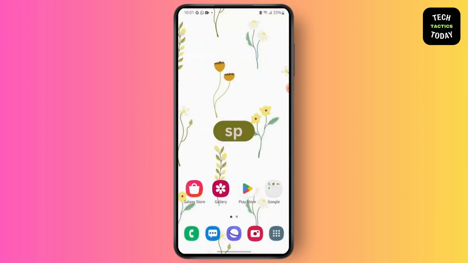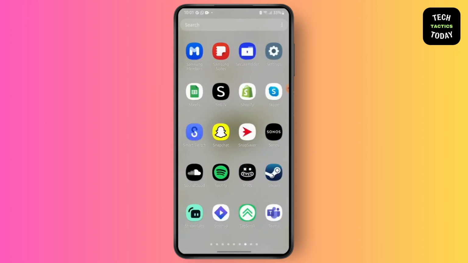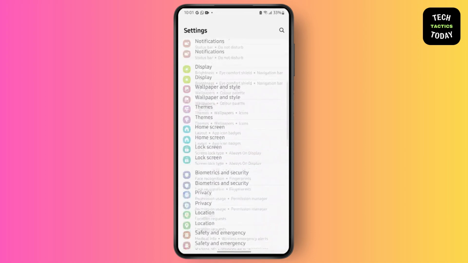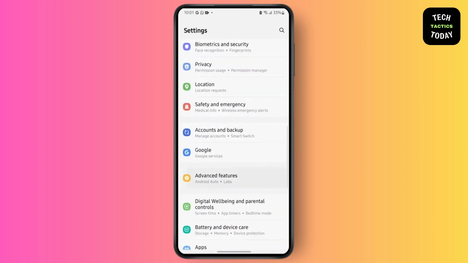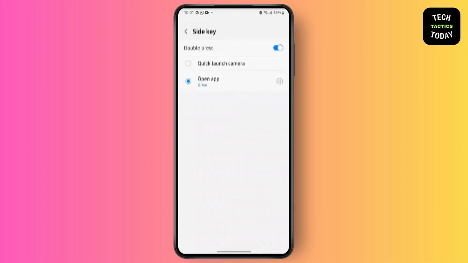First, go to your settings. After that, go to advanced settings. Now go to side key. After that, toggle this double press on, and then